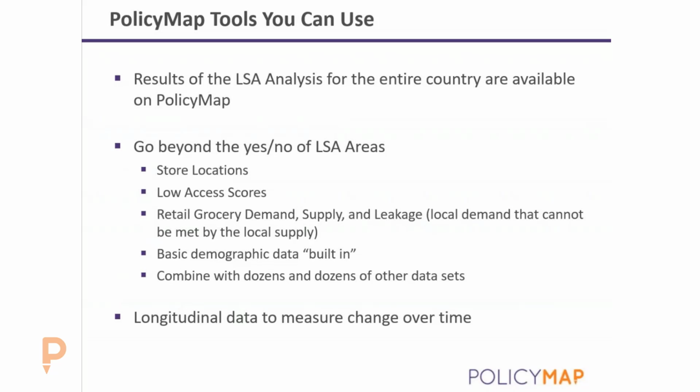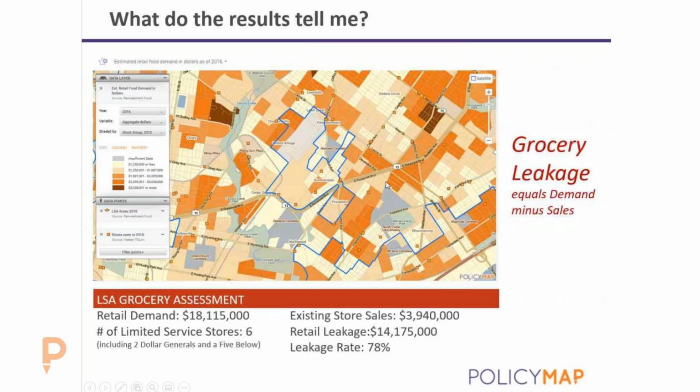So it's on PolicyMap. We have the stores on here. We have the combined stores. We just added the longitudinal data, which is a really big benefit. It does allow you to go back in time, and I can actually show Little Rock and how one place changed because of that change. So it's a neat study. So that's it. We'll talk about this. This is actually a really, really cool map. It's a much better map to see live, and really how we got to grocery leakage.